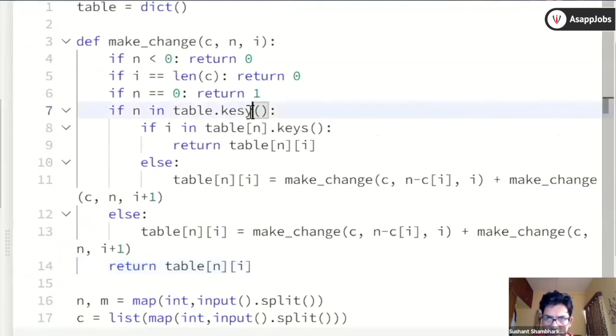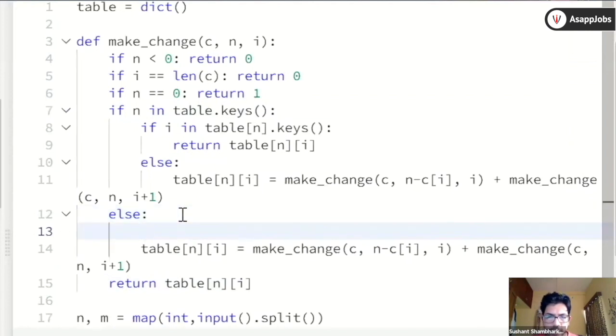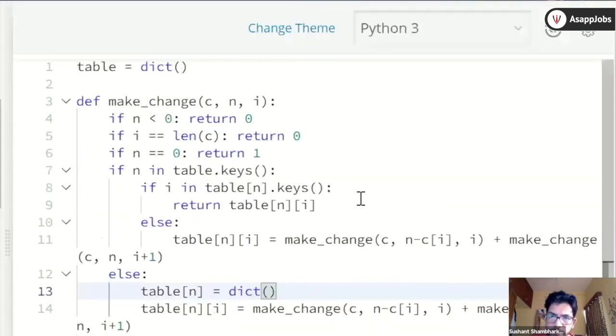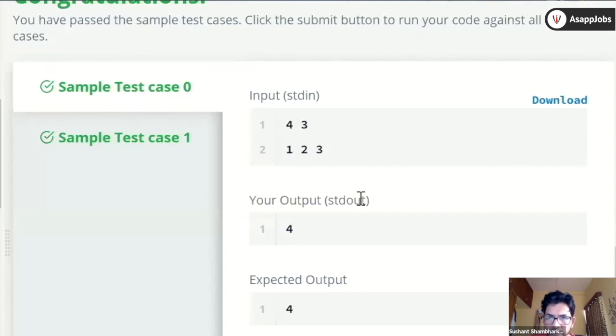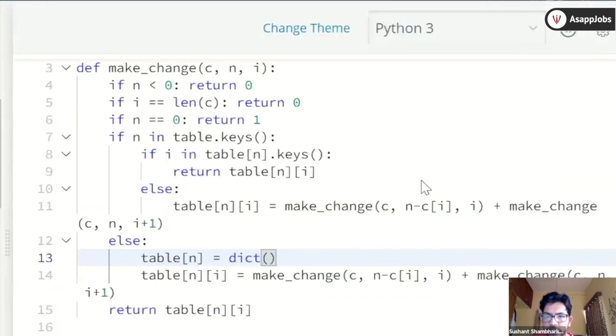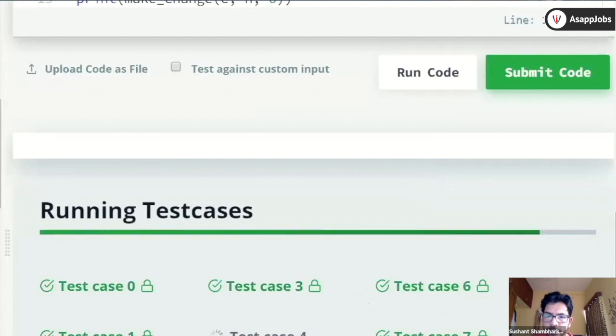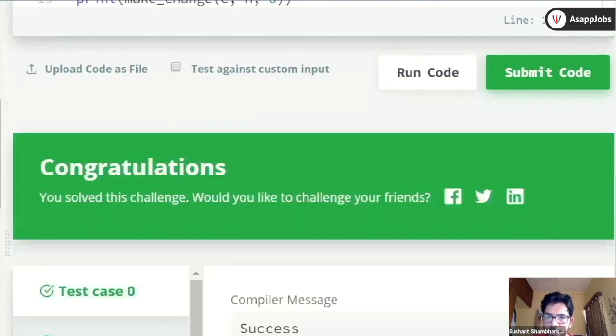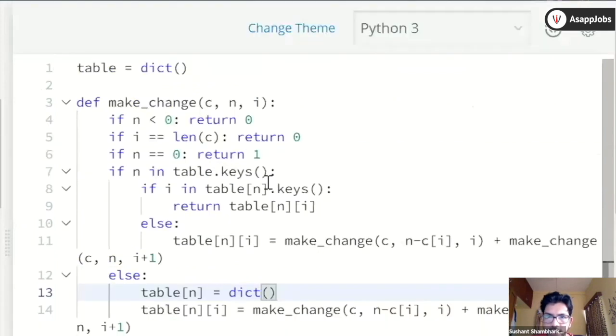In this else, actually, you have to, I think, make a dictionary first. Table n has to be a dictionary. So yes, you can use a dictionary-based data structure to solve this problem also.